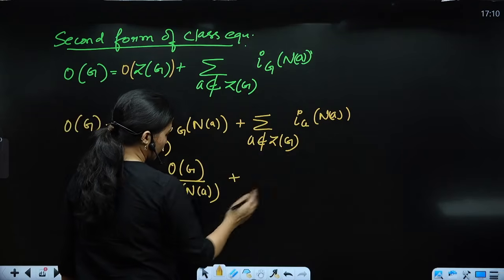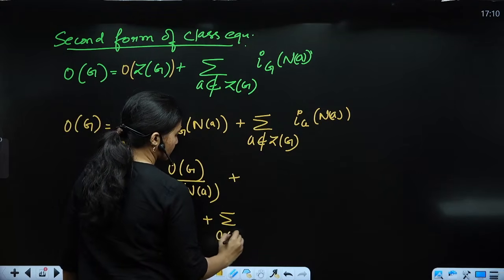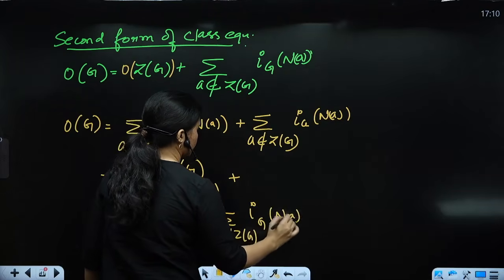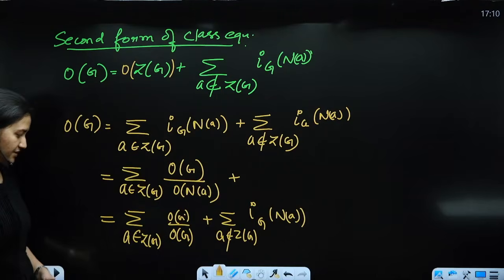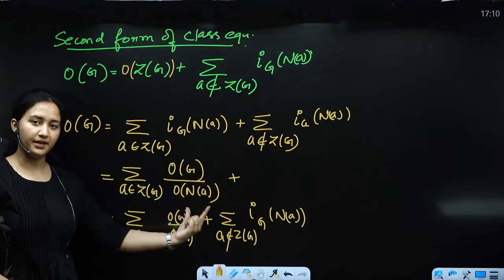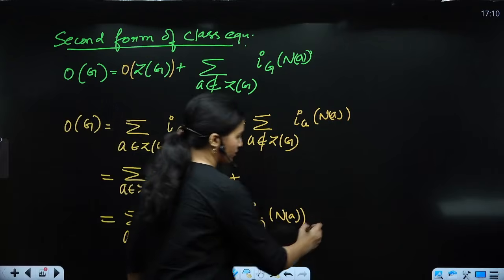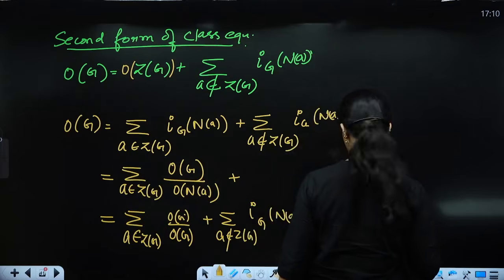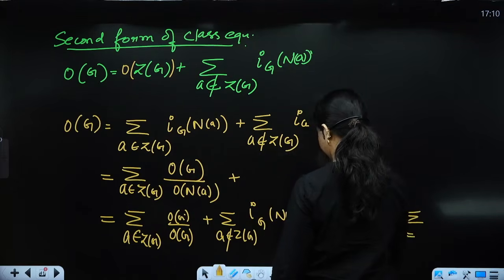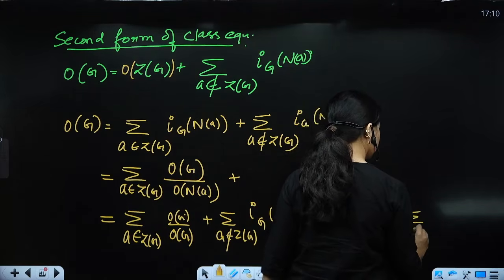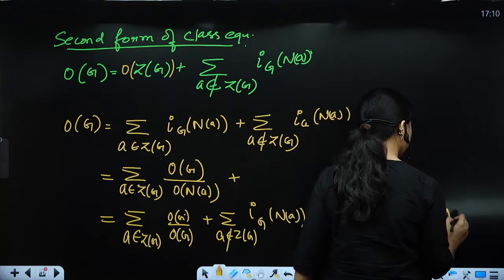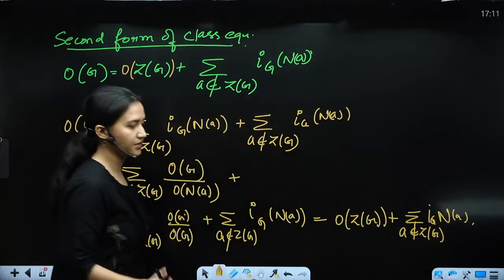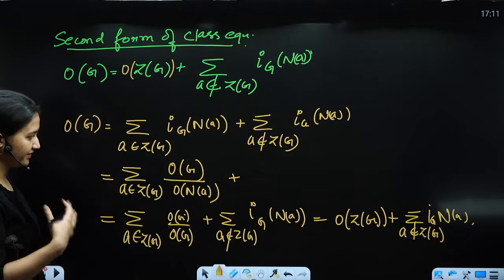यहाँ पे just copy this thing here. A does not belong to ZG, right? So now what is going to happen? Summation of A, जितनी बार A आएगा उतनी बार, right? So this is going to give you finally order of ZG plus, yeah, so this is the second form of the class equation, which is going to be relatively easier for you,